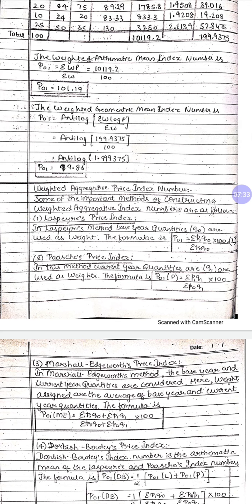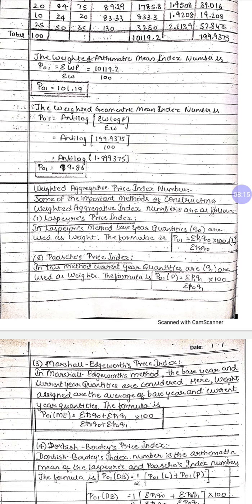We have theories. So one is Laspeyres price index, where only the base year quantity will be considered, okay. In the price index for Laspeyres, only base year quantity will be considered, that is current year price into base year quantity divided by base year price into base year quantity into 100, where we will get Laspeyres. Then Paasche, only two will be there, one is base year and one is current year. So when Laspeyres takes base year, obviously Paasche will take the current year. So you will get sigma p1 q1 divided by sigma p naught q1 into 100.